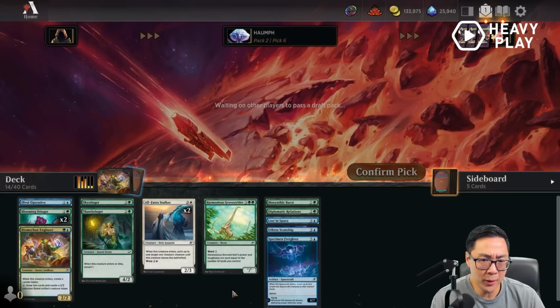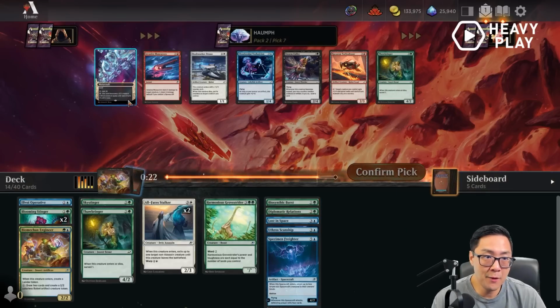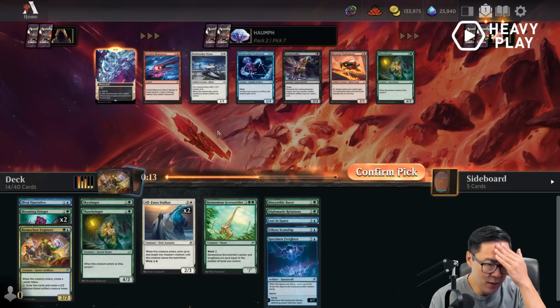Probably still don't want to play the emergency eject. But you know what? This is looking okay. Nothing too crazy. Here we have Mutavault. What the? How is that so late? There's also a Thawbringer, but I think I just take Mutavault. I mean, I'm 3 colors, but...